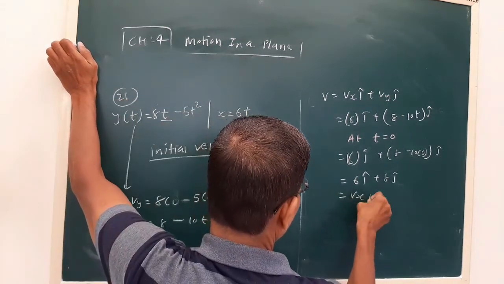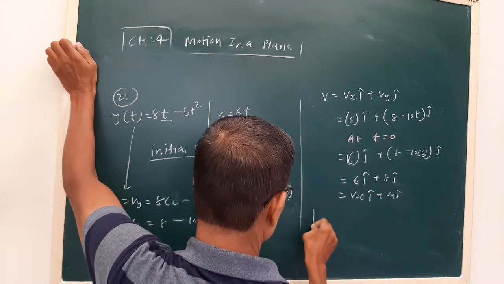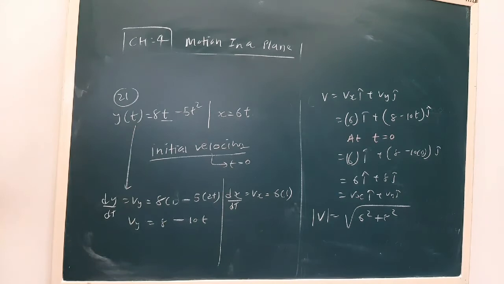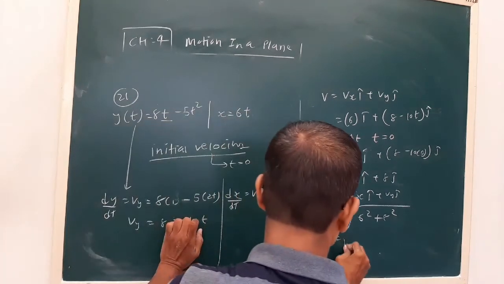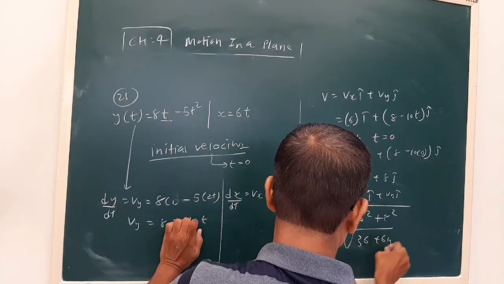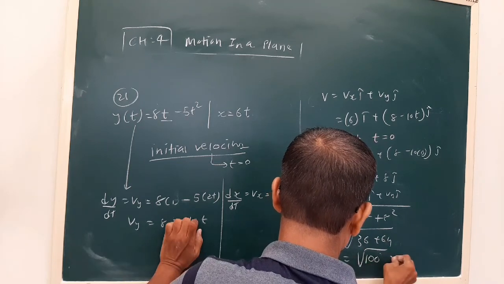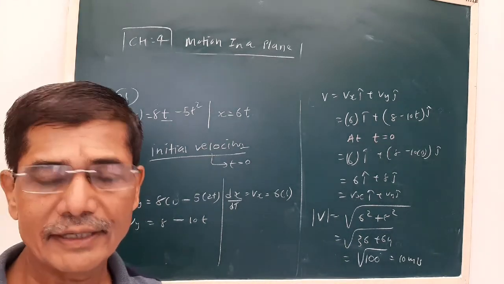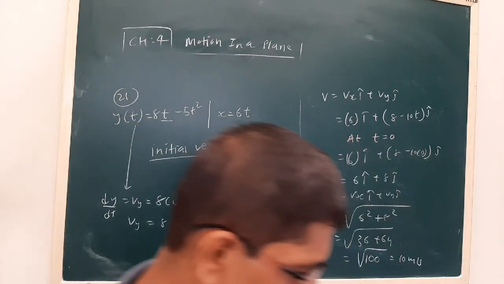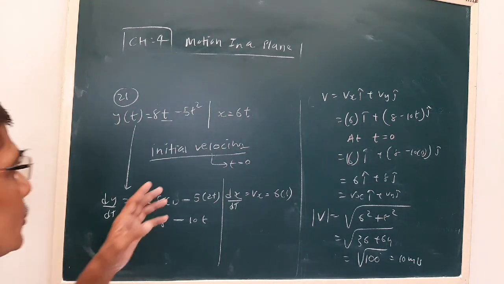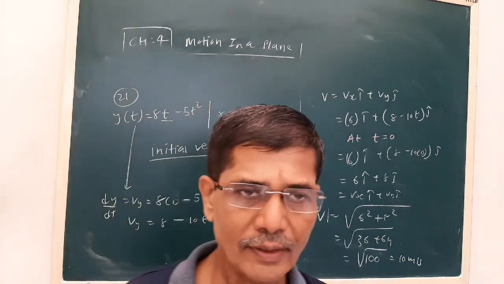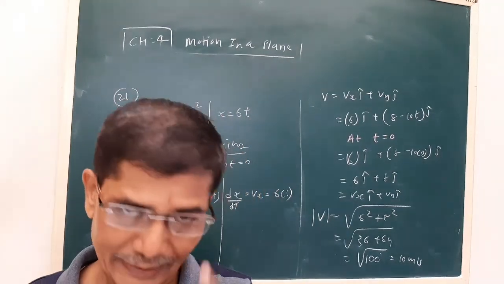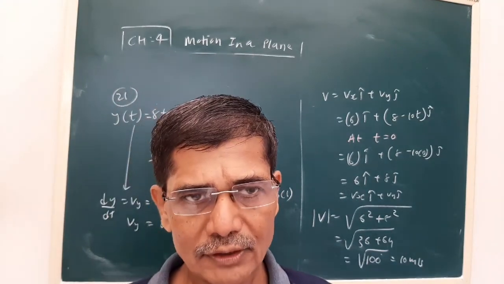This is nothing but our vx i plus vy j. So the magnitude of velocity is the root of 6 square plus 8 square. Now this is again a Pythagoras triplet. So the initial velocity is 10 meter per second. So today we have taken some MCQs also. We have completed the exercise numericals. One more lecture we will have a practice of MCQs, and then we'll proceed to the next lesson. Thank you.